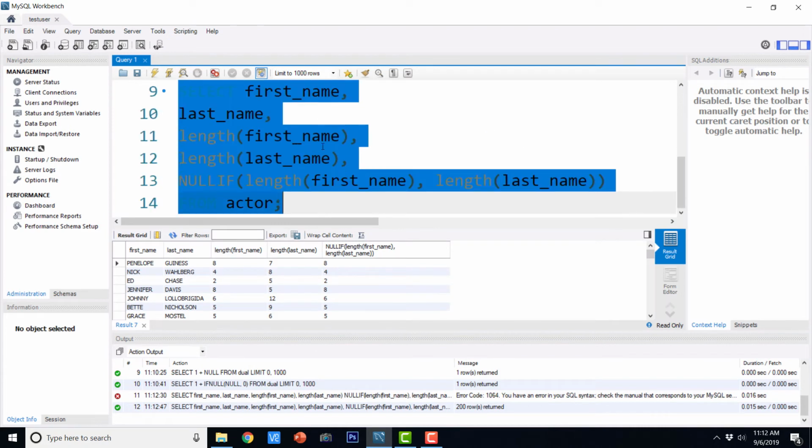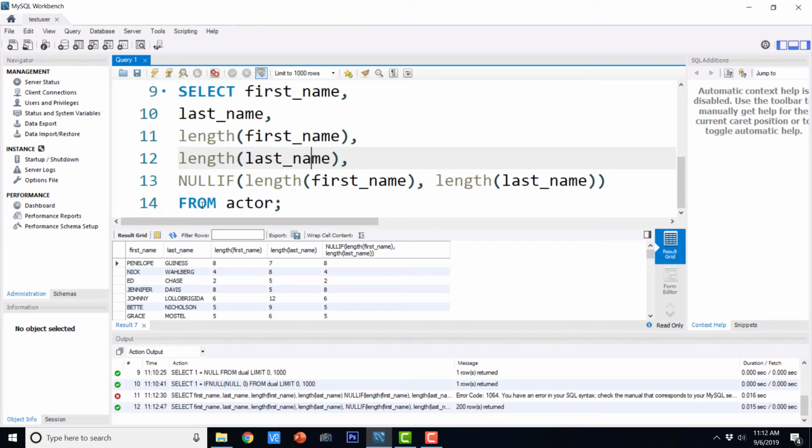Now let us try to understand the functionality of nullif. Basically it is going to compare both the arguments, and if both the arguments are equal, then it is going to return null. And if they are not equal, then it is going to return the first argument.